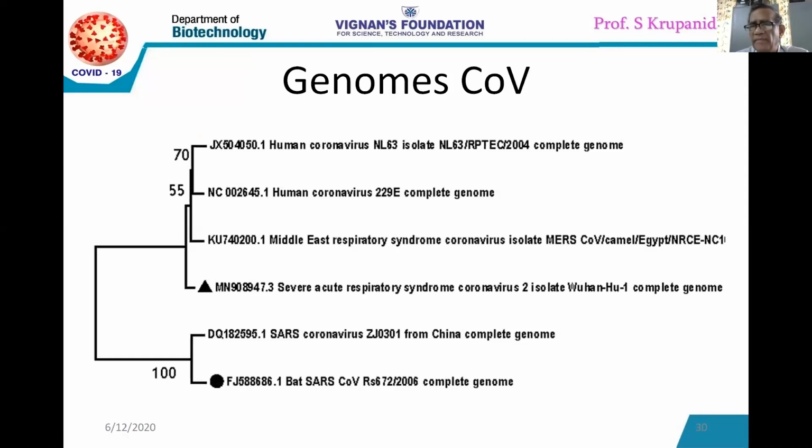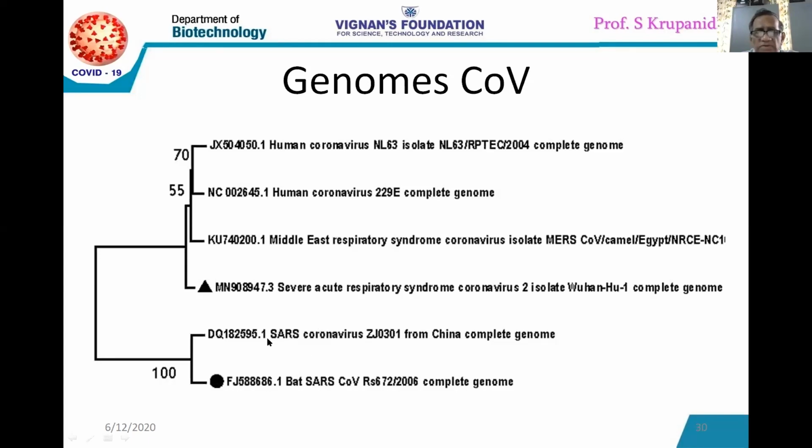It is not a graph made on Paint, and it's not a graph made on any type of computer system. It is the graph model. This is the model given by the FASTA format for us to interpret. Here, the bat SARS has come as a root. So this is getting related to the SARS coronavirus directly.